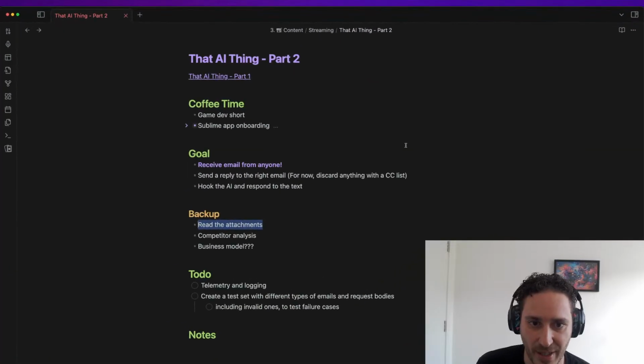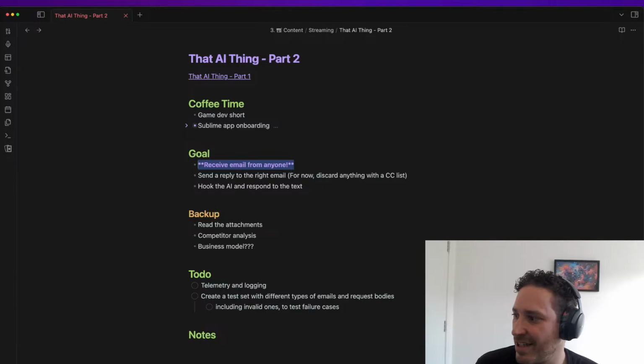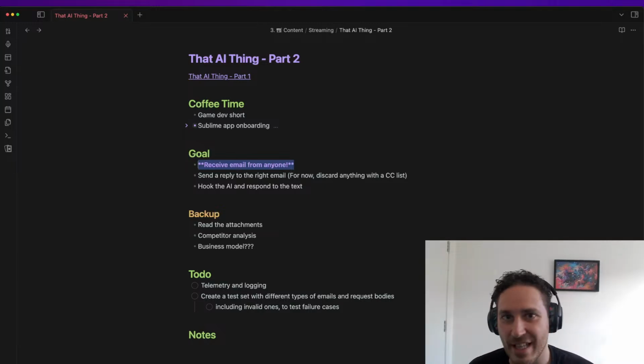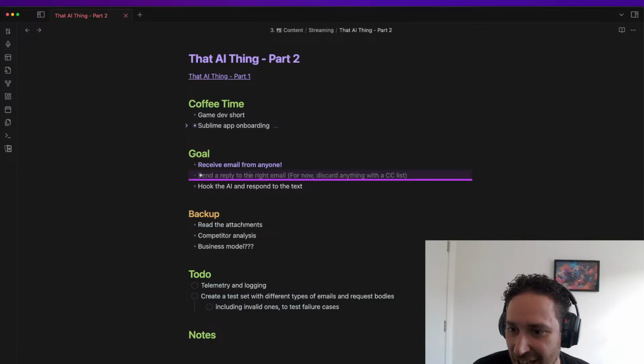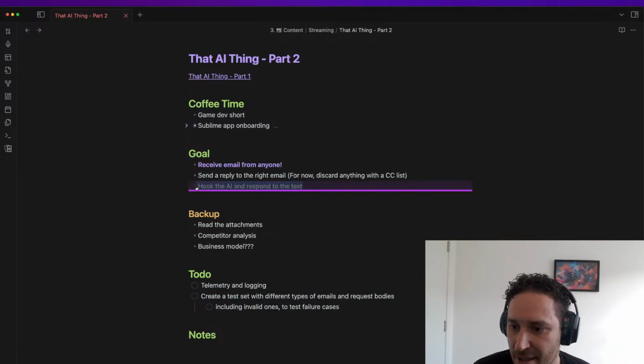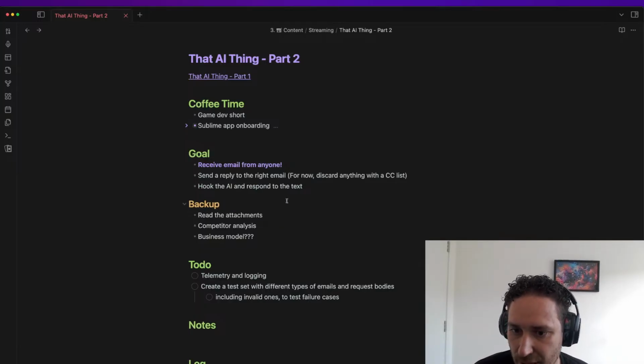Okay, so where are we going? We want to receive an email from anyone, and anyone means if anyone's live. Is anyone live? I don't know if anyone's live, but if anyone's live, then now or in a few minutes, you can send an email once I get it running. And we're going to send a reply, and then we're going to hook some AI. I mean, this is probably more on the backup or the maybe, but yeah, we're going to hook some reply